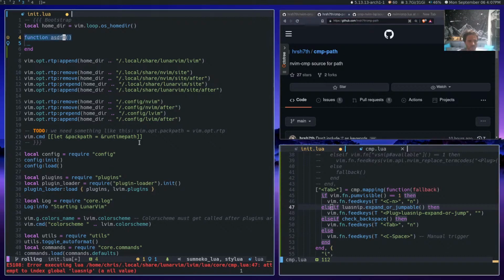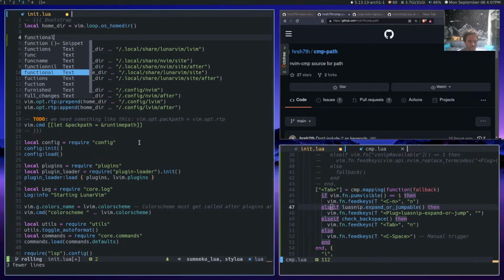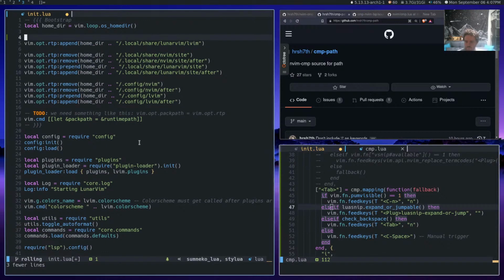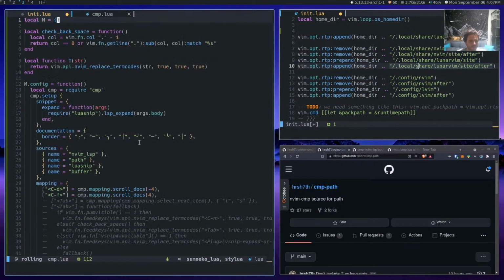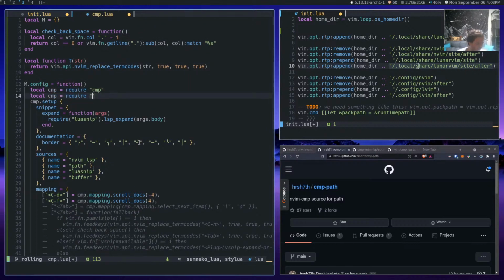But it does work insofar as if I do function and then that works. So what I need, hold up. All right, let's give that a shot then. So we have that. ABZ just sent me a message here, Lua snip. And then we need this to be Lua snip. Oh, okay, I think I see. What the hell? Oh, I guess because I got rid of that.